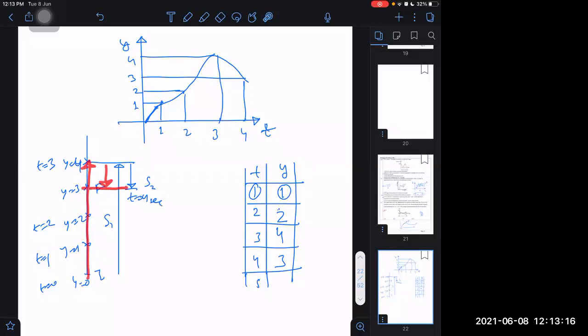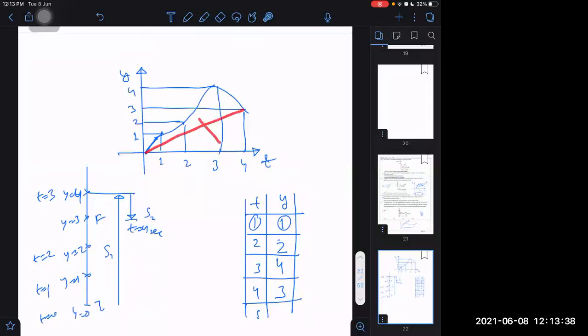What is displacement at the end of 4 seconds? Displacement at the end of 4 seconds is 3. But what is the distance at the end of 4 seconds? 4 plus 1, 5. Is it okay? Please understand, it is not the path being followed. It is just a graph plotted between y versus t, and that graph we plot by noting down every position at every instant of time, then making several points and connecting those.